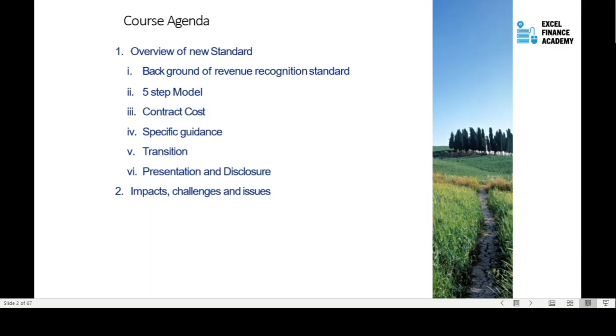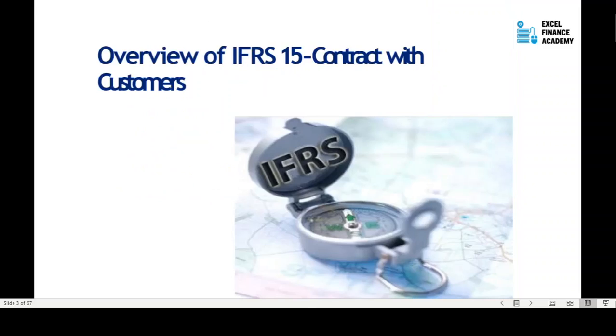So we were supposed to discuss the overview of the accounting standards, background and the five-step model. Then we will discuss the contract cost, specific guidance, transition process and presentation and disclosure requirements. In this process, let us start discussing with the overview of accounting standards, overview of this IFRS 15 contract with